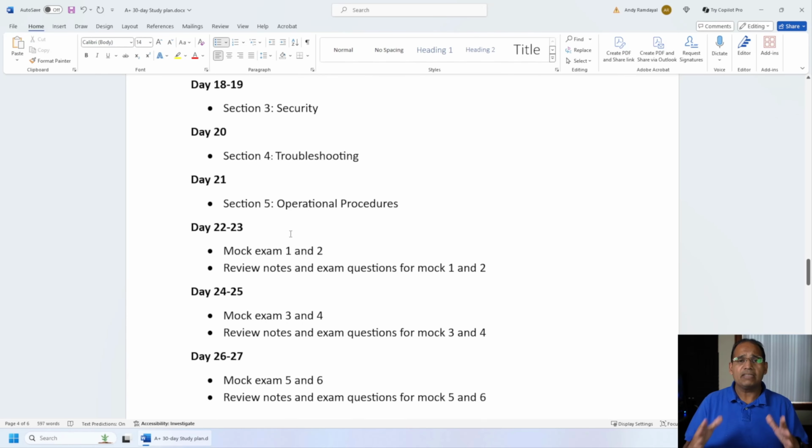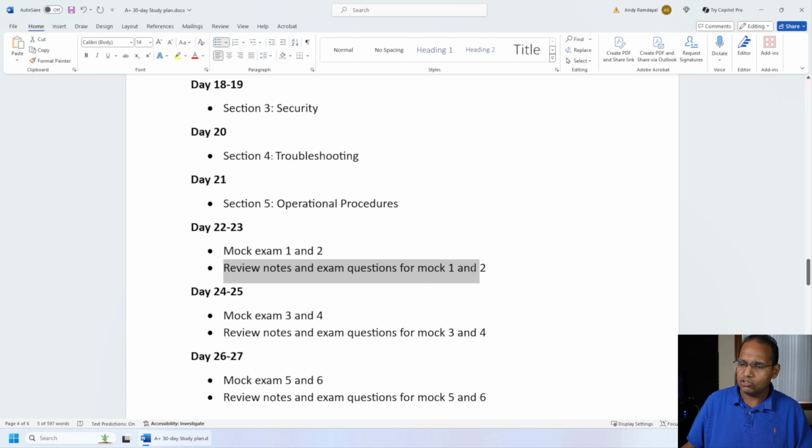Now, you go back to doing more mock exams. There's 6 mock exams. Once again, same with Core 1. I got 6 mock exams for Core 2. All right, so you start going through it, mock exam 1 and 2, review your notes, take your exam. Remember, if you're doing one of these exams,